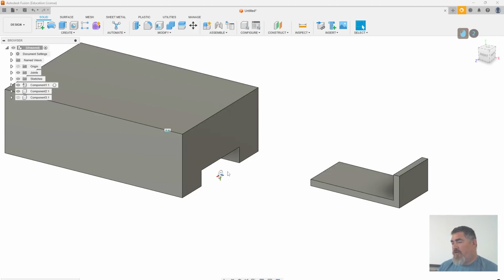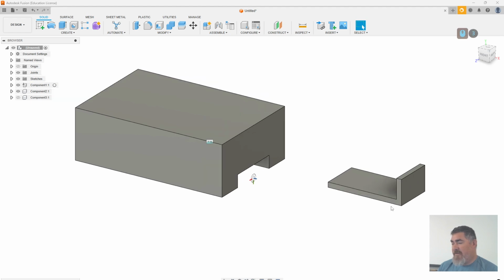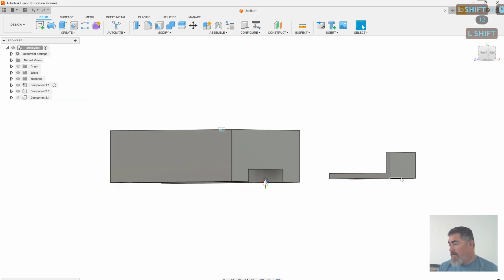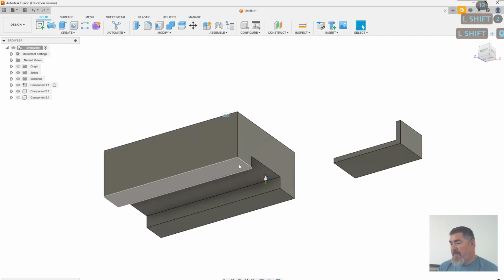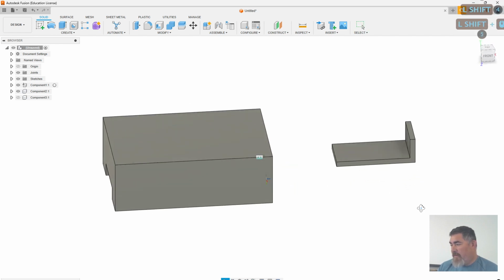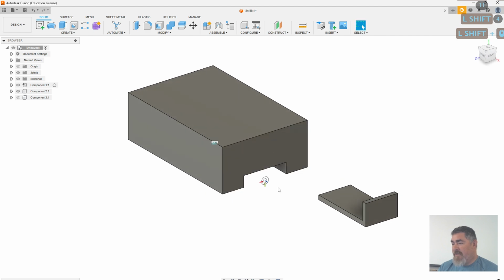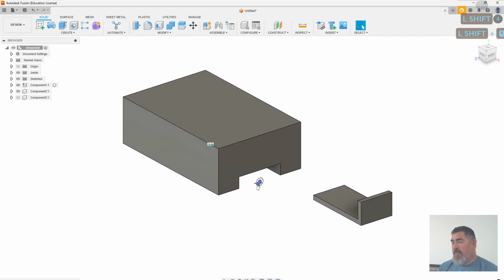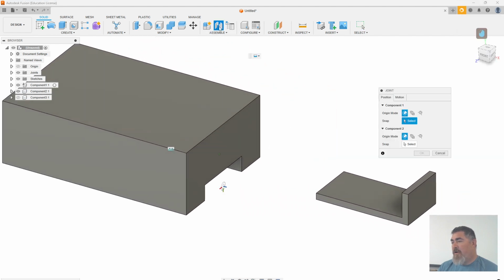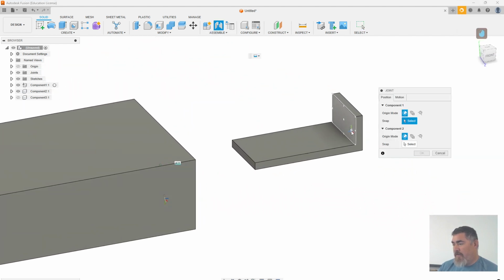Sometimes the geometry we have doesn't really line up where we want it. So let's say we have this piece here, and I want the bottom to be flush with the bottom here, and inside this face to be flush with this. I created the joint origin here to line up in the middle, but if I do a joint, I pick